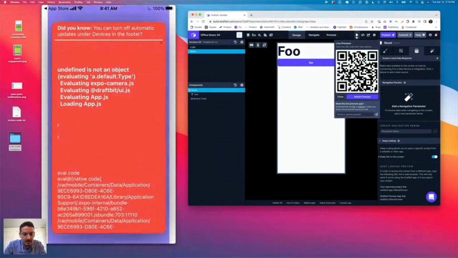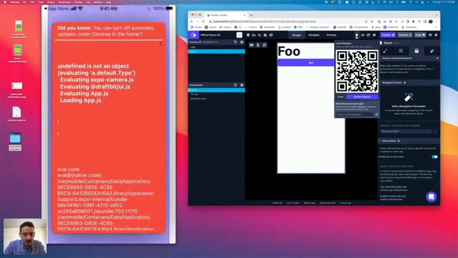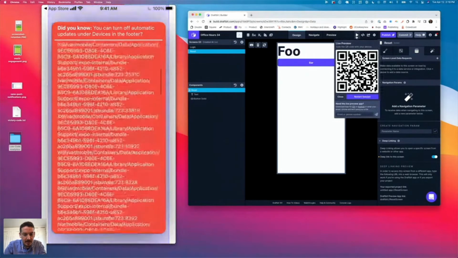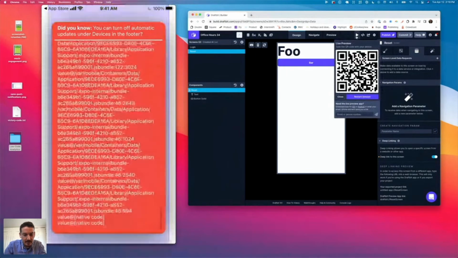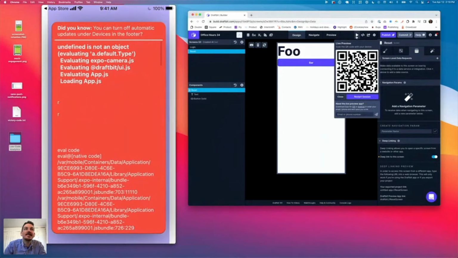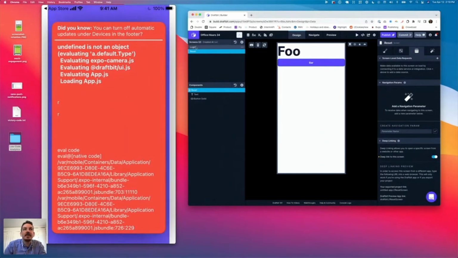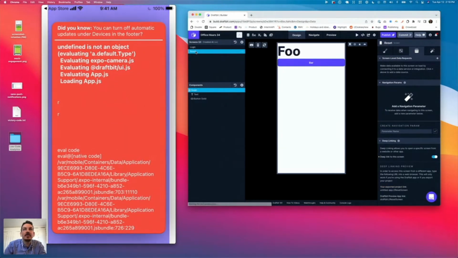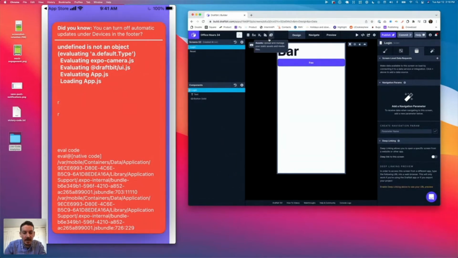I'm getting an error. Okay, so that's pretty much a bug on our end. There's not much to this app, so I'm very confused why it would not work. All right, well, I might have to postpone that demo, but